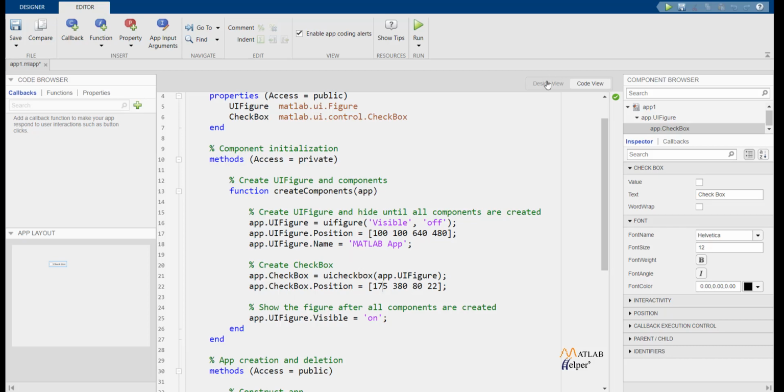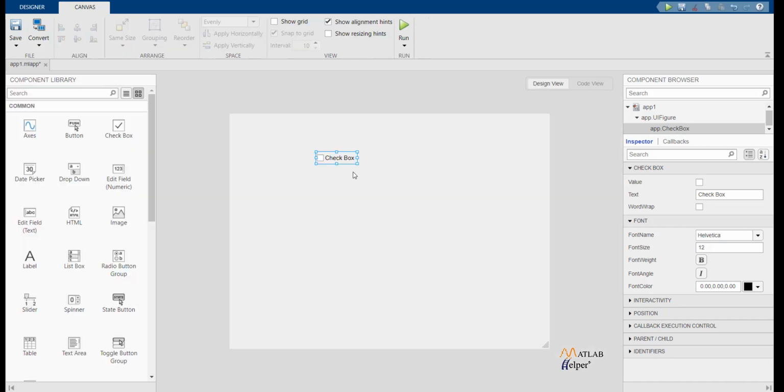So what exactly you will be coding is just what the user is going to interact with. You don't have to do any coding with respect to where you're placing the checkbox and what is the functionality of the checkbox and all of this. These are all things that you don't have to code. MATLAB does it already for you. So that is what actually makes MATLAB more convenient for this designing, because it helps you with so much that you just have to do what you want to be doing and not the other parts of it. Now let me just delete this.